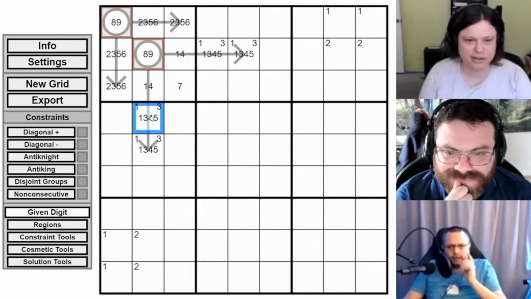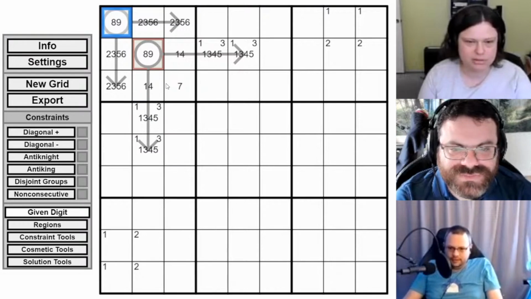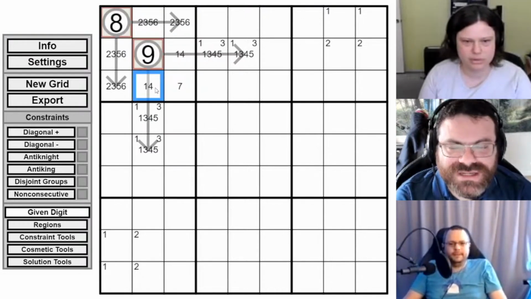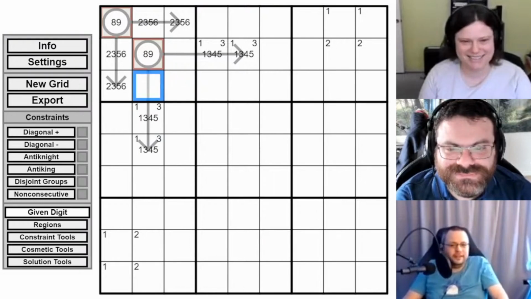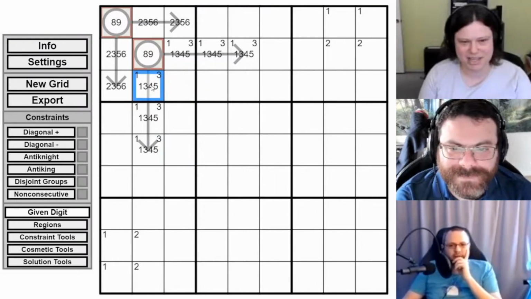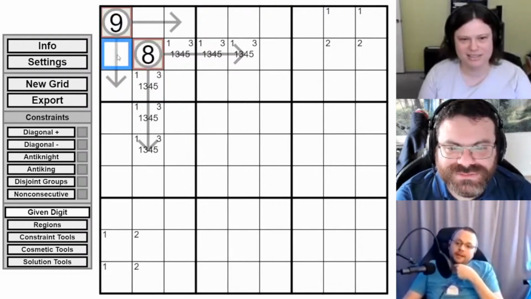Even this far is really cool. I mean, the solvers have found something else, but even this far is really cool. So if this were 8 and 9 like this. Wait, 9 can't have the 4 though. Right, yeah, the 9 arrow doesn't go with the 4. Gorgeous. Okay, that's really cool. So that's why this is 8 and this is 9. That is really, really cool. I like that a lot.